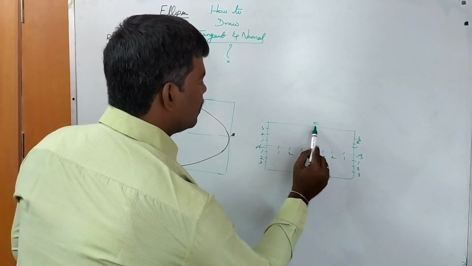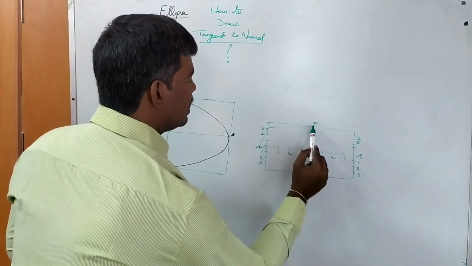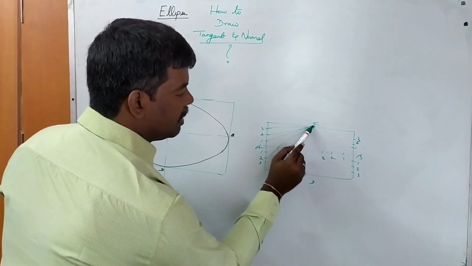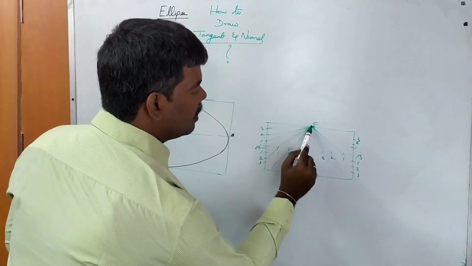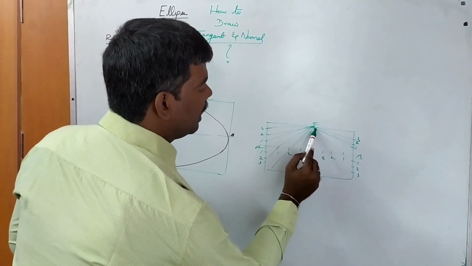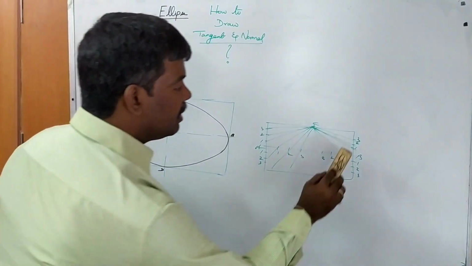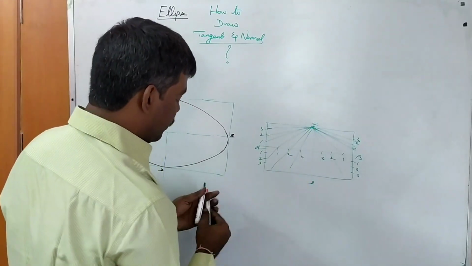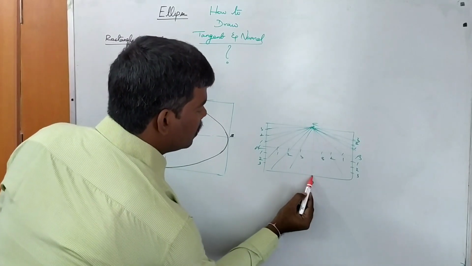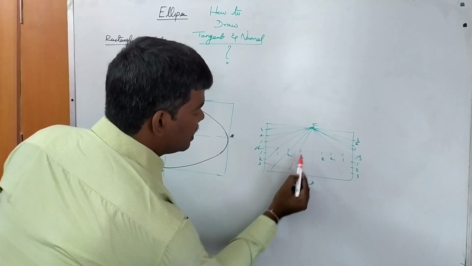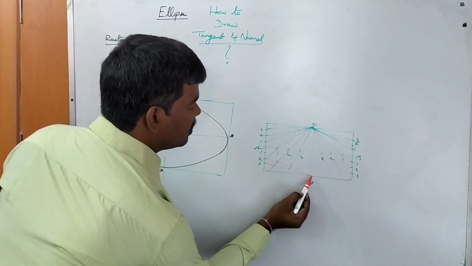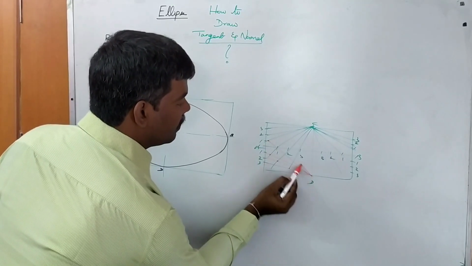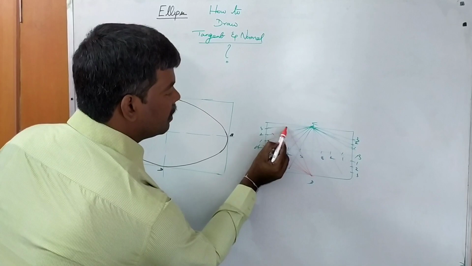Next, from the minor axis side, from C you draw C1, C2, C3, and similarly the lines through the numbered points. Clear? Next, following the same procedure, instead of C you take the opposite side D. D3 intersects C3, similarly D2 intersects C2, D1 intersects C1. Like this you get the points.